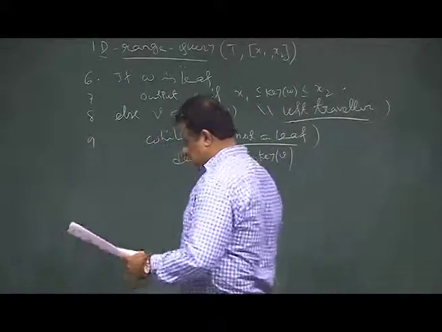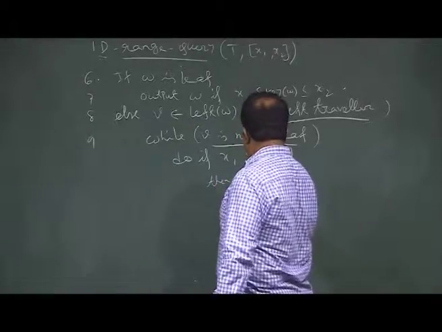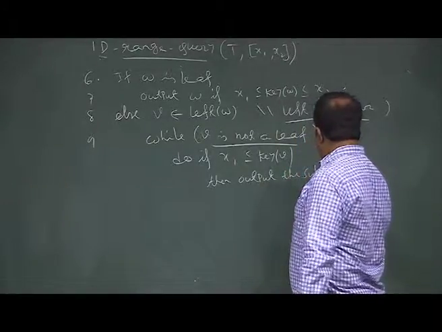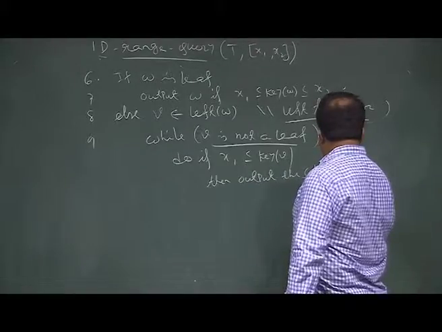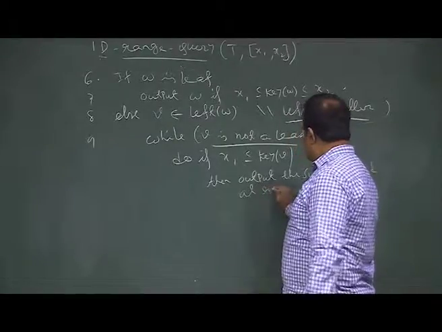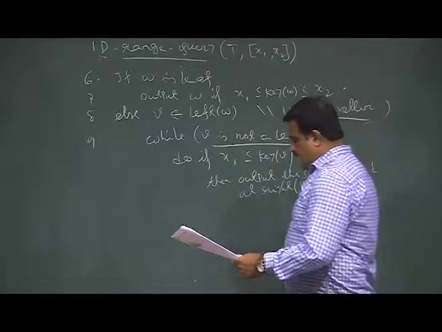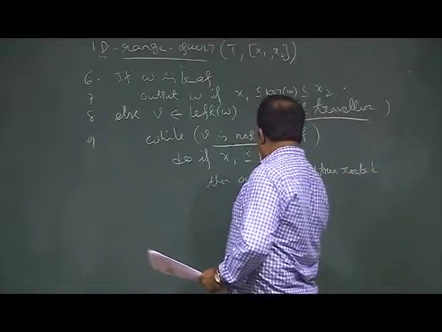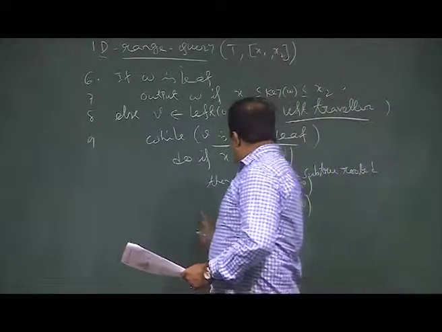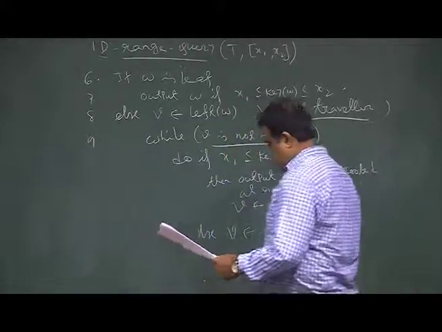If x1 is this, then output the whole subtree rooted at right of V, and we go for left again, left of V. Else, we go for right of V,